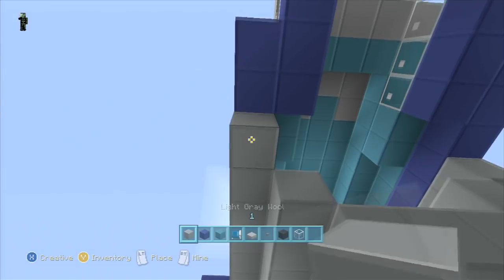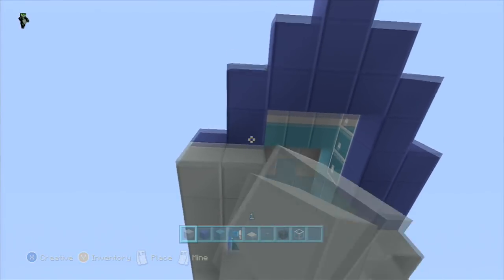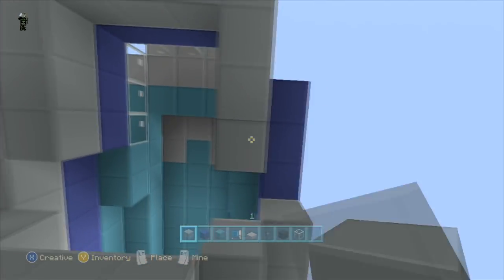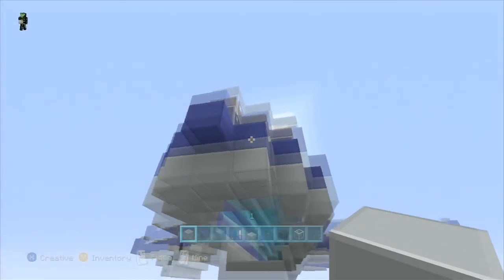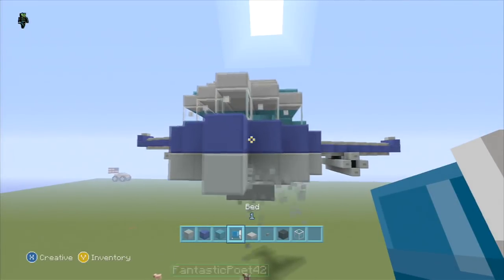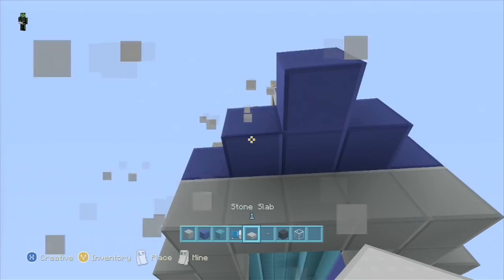All right. And now we're gonna just fill in one gray block row underneath the blue, just not that last one, no. You want to save the last.